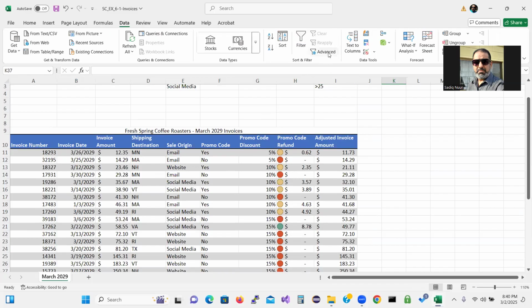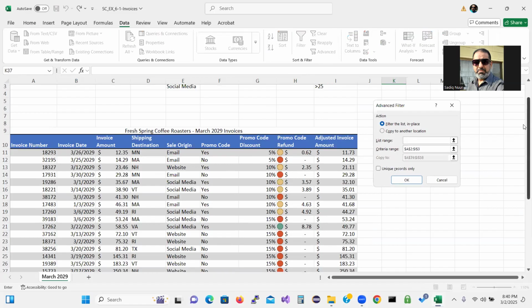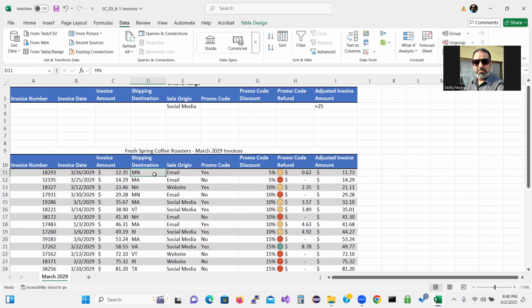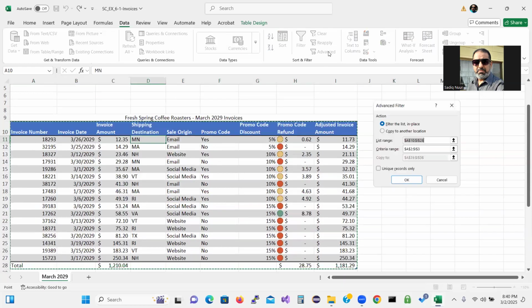We will select Advanced. Our criteria is the same thing, all right? So we will select this. Let me cancel it because my cursor has to be inside the table. Now let's go to the Data tab, Advanced. So your range is from A10 to 27,